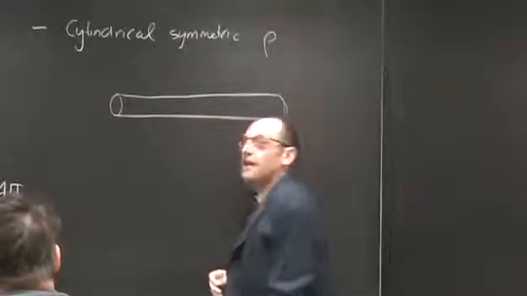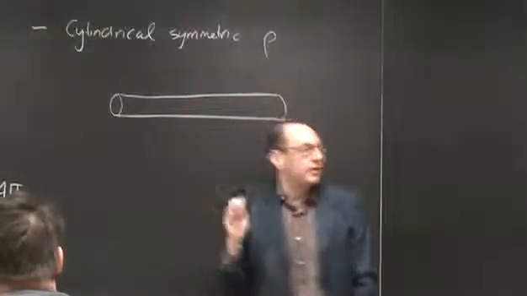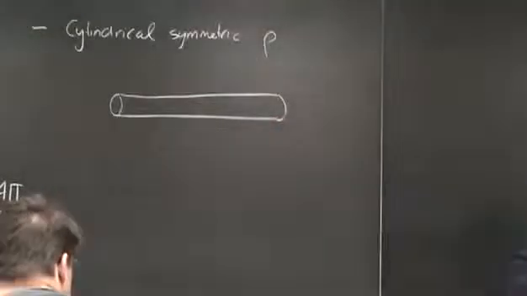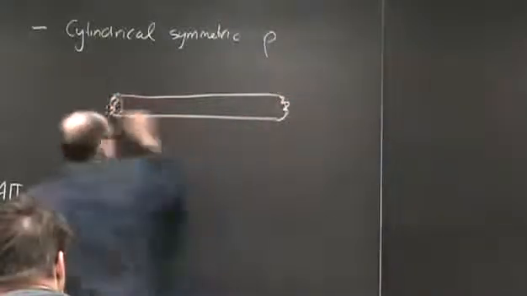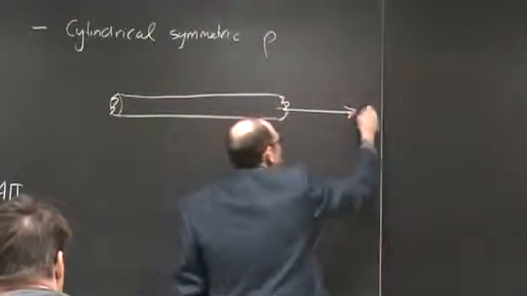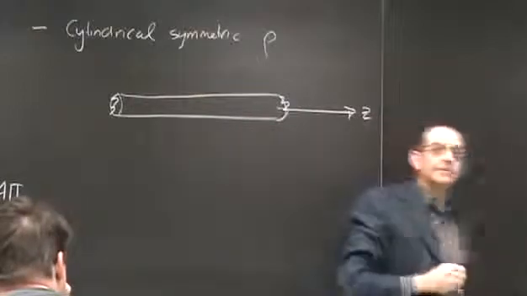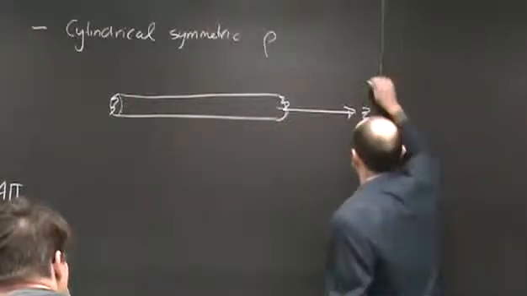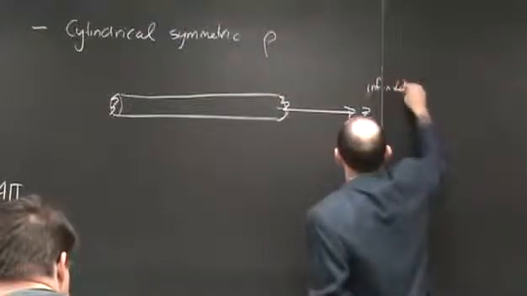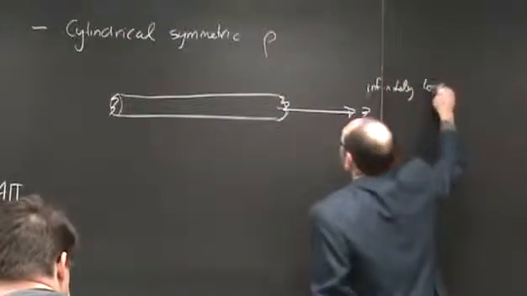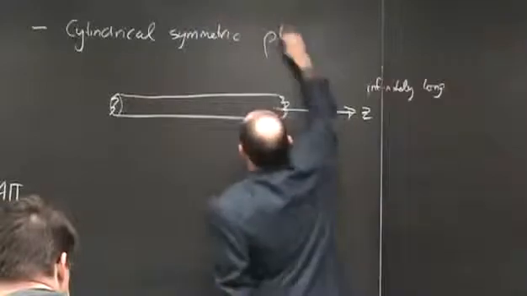And in this case, in order to do this problem exactly, it needs to be infinitely long in the axial direction, which we'll call z, so that what I mean by cylindrical symmetry is that rho is a function